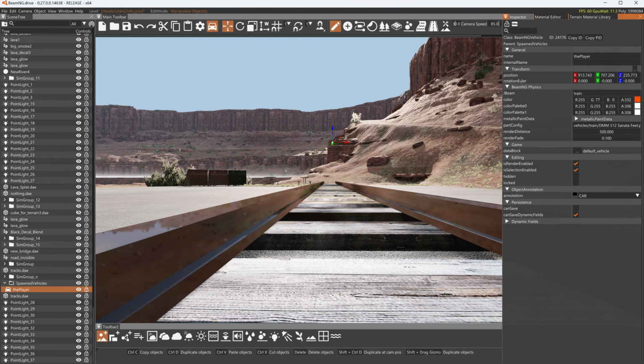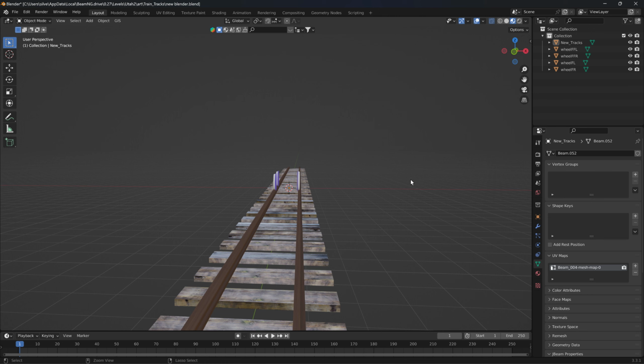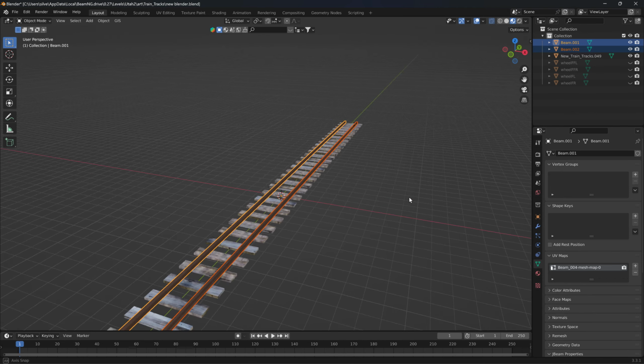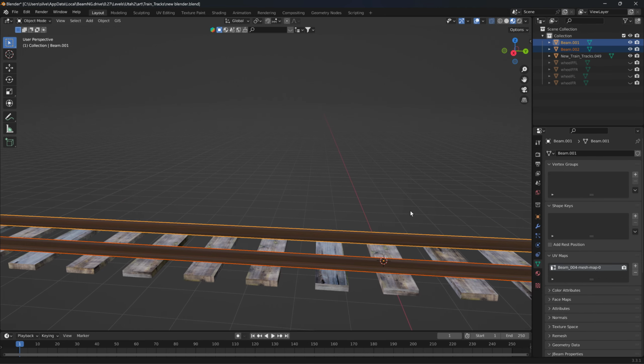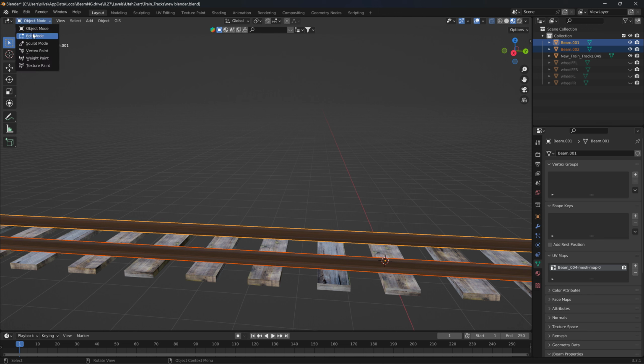To Blender, and let's see about bending these things. Let's go back in time before I join these together. So you'll want to have the rails separate from the wood. We can probably get rid of these wheels now. Actually, I'm gonna just hide them. Now the train tracks. All right, when I made these, I should be able to easily go into edit mode and